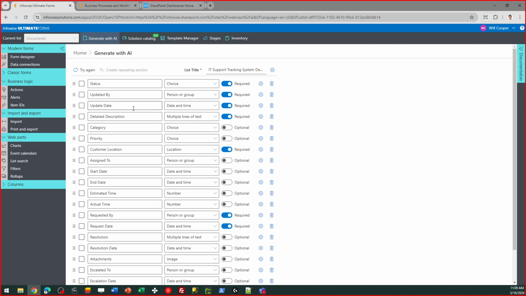I don't need that. Update date, well, that's redundant too. We have a modified field in SharePoint, so not very hard to scan through these. I just hit my trash cans, and I can just kind of get rid of the things that I know that I already have. Start date, it doesn't make sense. I've got the created field in SharePoint. So you're always going to browse through these and,